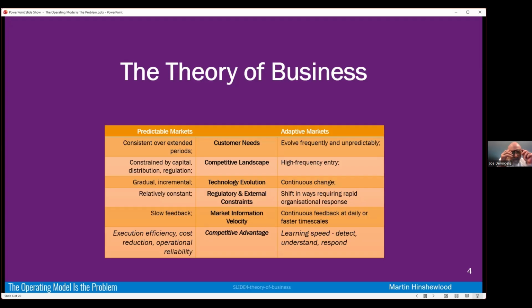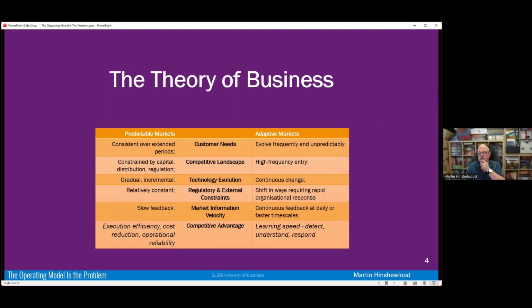If you look at the 5 dimensions, customer needs, right? Are they stable or shifting? Competitive landscape, constrained or wide open, right? Does your business have lots of competitors or not many competitors, right? Because it's going to change how quickly things happen within your organization. And technology. Is technology something that is fairly static? Think of